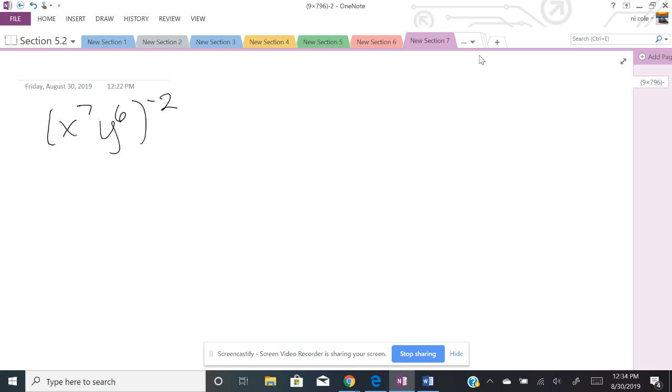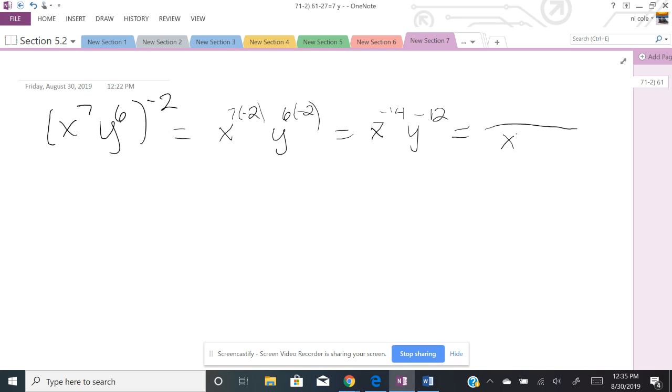So I'm going to use my exponent power rule to deal with this to start off with. So that gives me x to the 7 times negative 2 and y to the 6 times negative 2, giving me x to the negative 14 and y to the negative 12. Then I've got to use my negative exponent rule, so that becomes x to the 14th. Y goes down here to become positive, and I have nothing left on top, so I need to put a